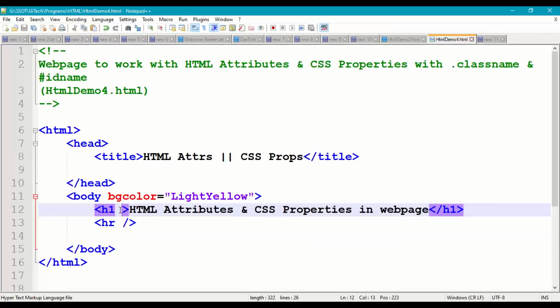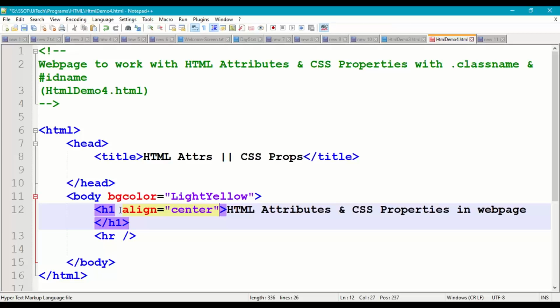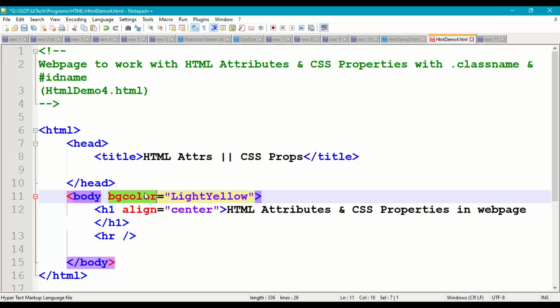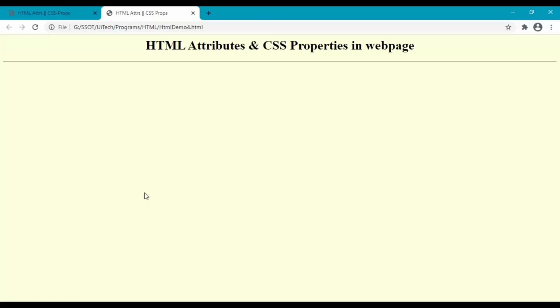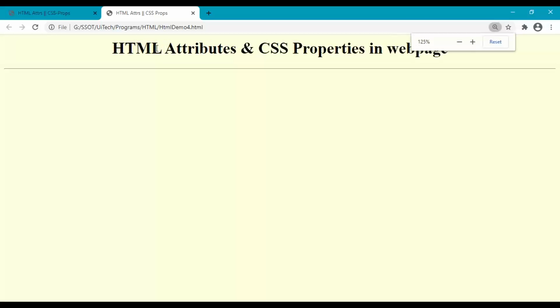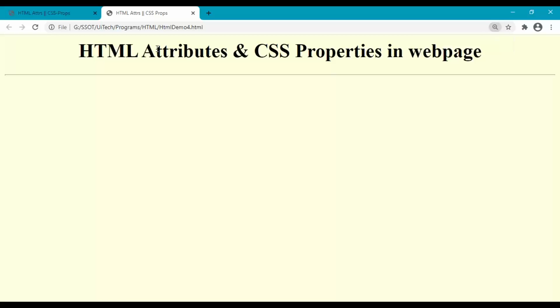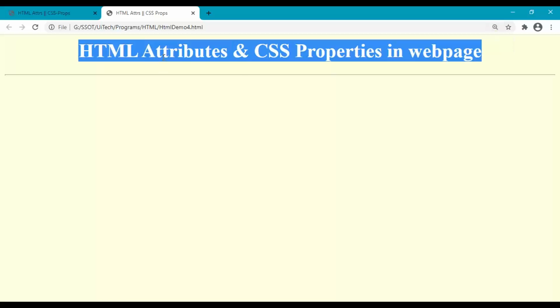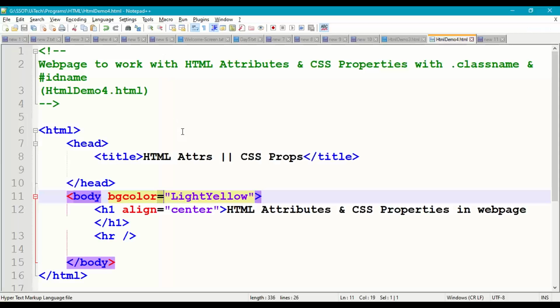Right, now for this H1, I'm going to give align center. So align is an HTML attribute because we are giving it with an assignment operator. BG color is also an HTML attribute because we are giving it with an assignment operator. So save this and come to the browser, refresh. H1 will come in the center. Right, so now let us try to apply